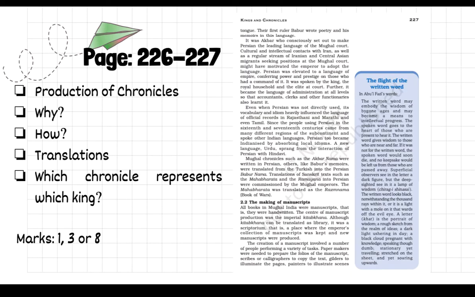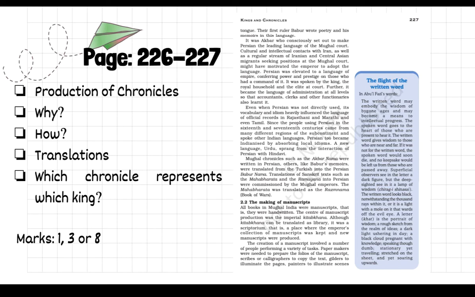Pages 226 to 227, they talk about the production of chronicles. They discuss why chronicles were produced and the process by which. So there is a 5-step process in the production of chronicles. This has been quite a favorite with the examiners in the past years, so you might want to take this particular section quite seriously. Then there is also a very quick discussion on translations and how the various Mughal emperors